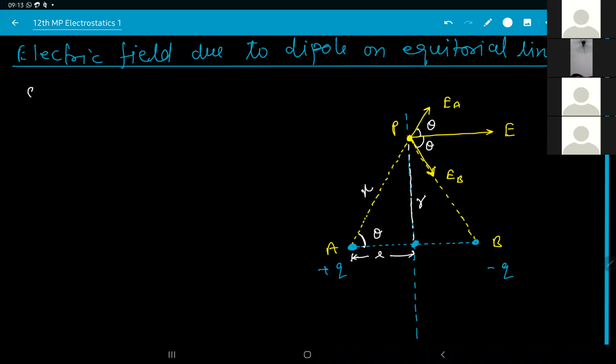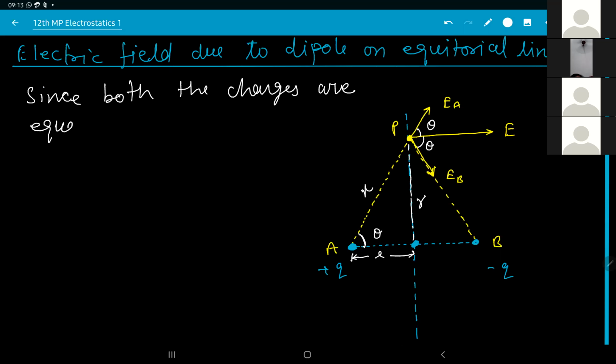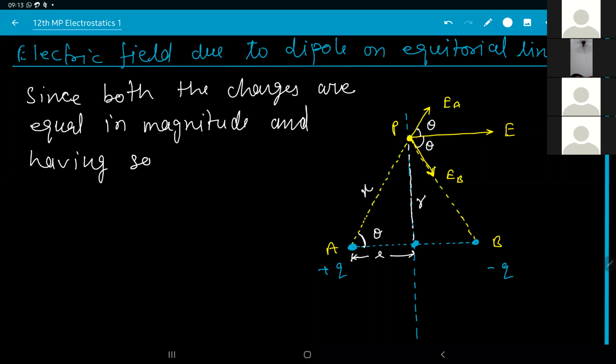Now see, since both the charges are equal in magnitude and having the same distance from point P, therefore